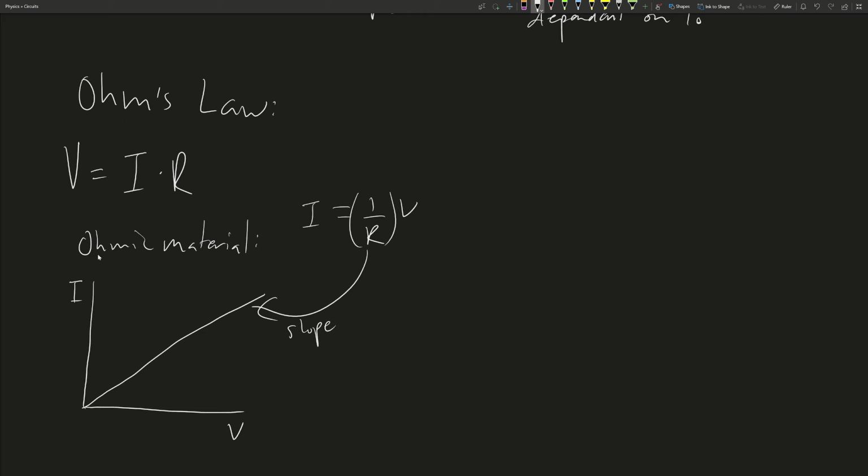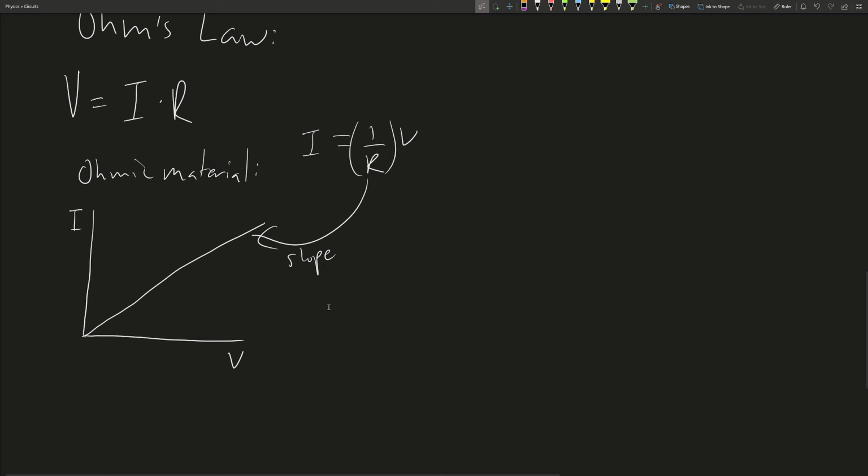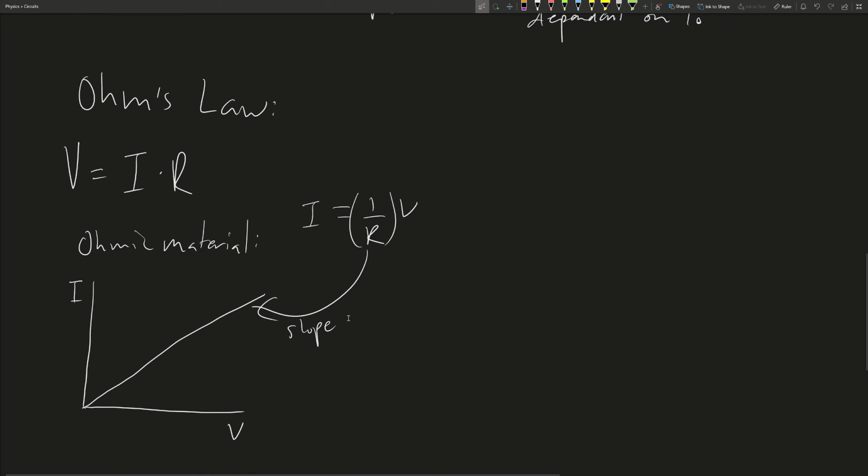And if a material obeys Ohm's law, then since resistance is constant for the material, this will be a straight line. As voltage increases, current increases proportionally. That's what Ohm's law is saying. Now, not all materials obey Ohm's law, and so not all materials are ohmic. And so if we have a non-ohmic material,